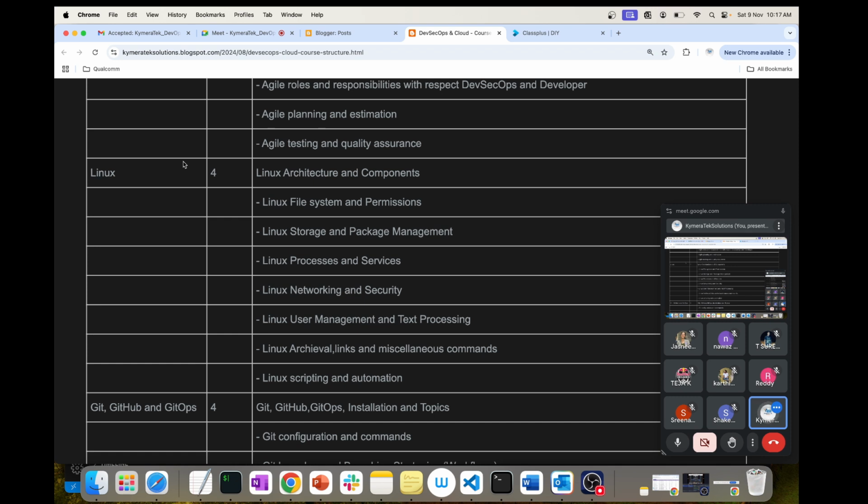If your project is a .NET project, then it's a different story. It would be more of Windows and Azure DevOps and Azure infrastructure pretty much, because .NET is more Windows oriented. So that's a different story. But anything apart from that will always be Linux or Ubuntu. So any one should be fine. So I am targeting Linux, Red Hat.